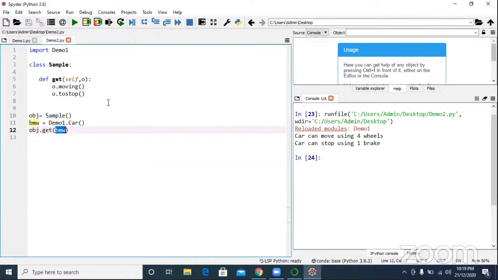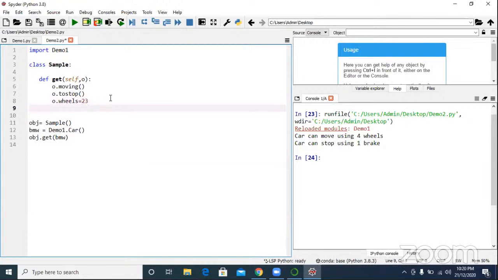See, O is an object. If you want, you can change it, like O dot wheels. You can change the properties of an object. Are you getting?